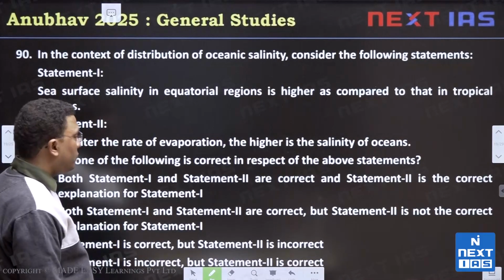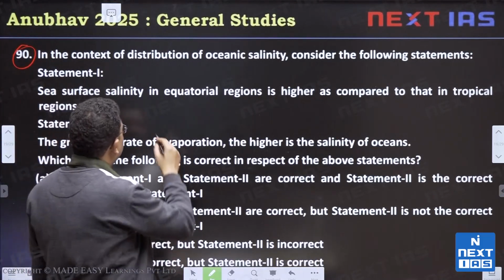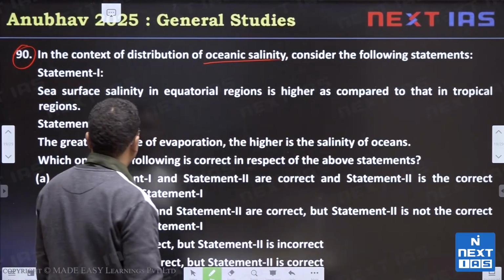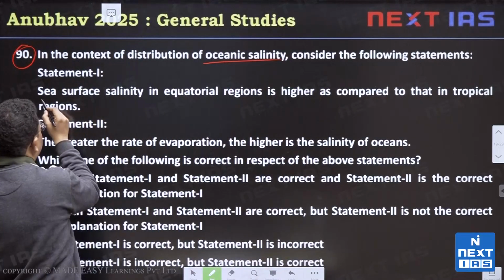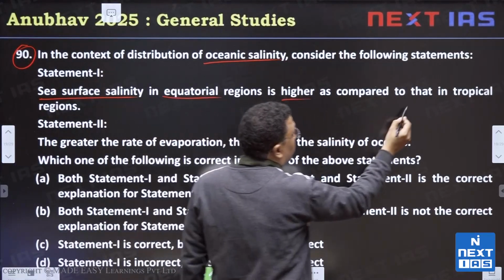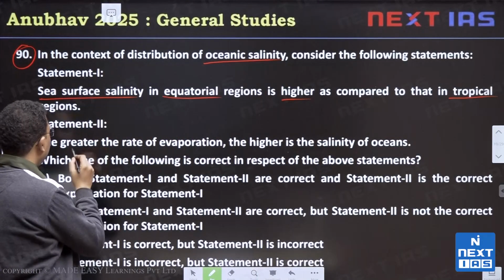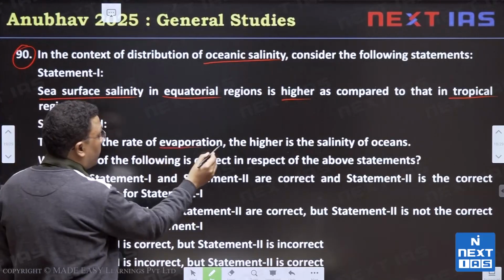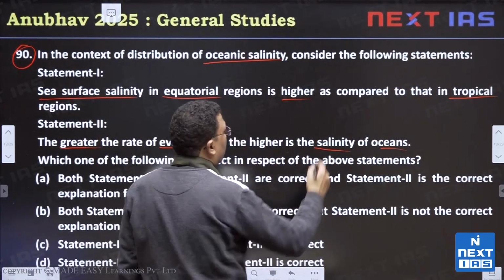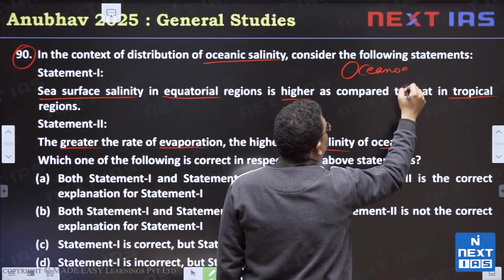Now let's move on to our next question, that is question 90. It says, in the context of distribution of oceanic salinity, consider the following statements. Statement 1 says sea surface salinity in equatorial region is higher as compared to that in tropical regions. Statement 2 says, greater the rate of evaporation, higher is the salinity of oceans. So first of all, this is a question from the chapter Oceanography,